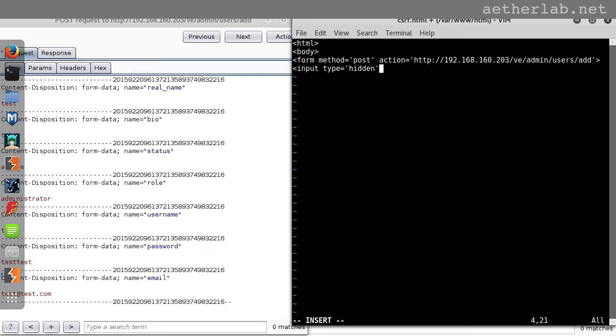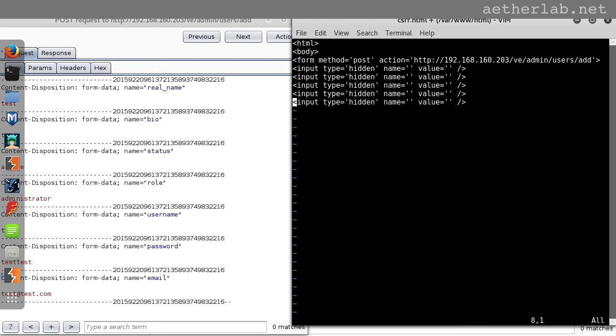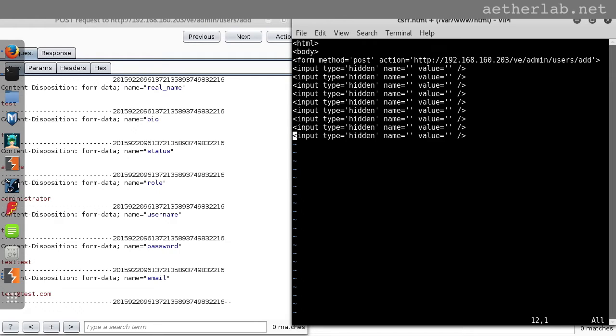So the type is hidden because we want these input fields to be hidden from the user so that he doesn't see this malicious form. And then they have some kind of name and value and close, and we need 8 of this. So it's 1, 2, 3, 4, 5, 6, 7, 8. Actually, we will need one more for the submit button. So 9 inputs,